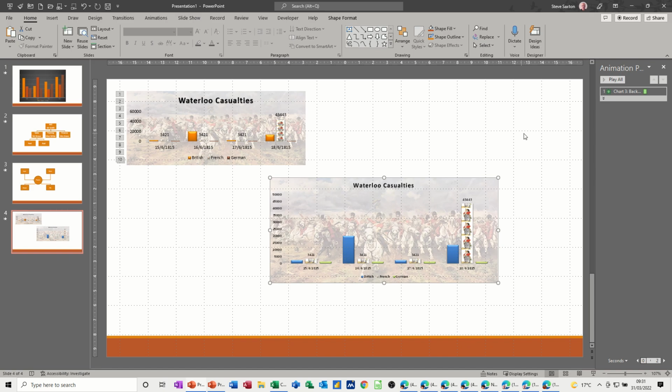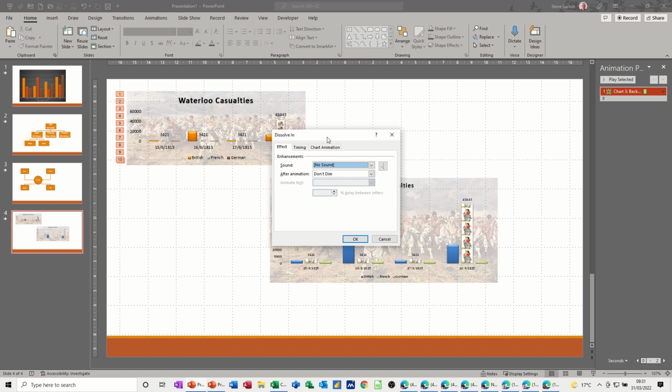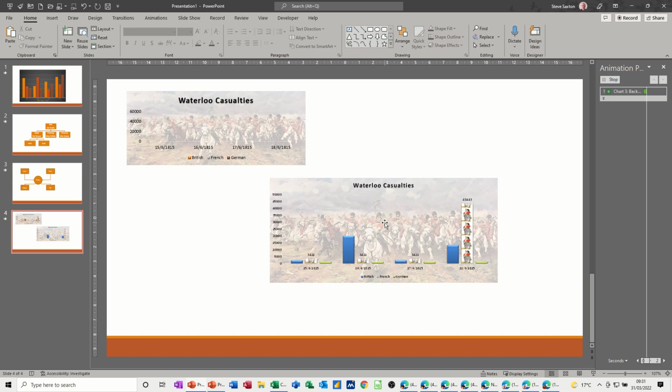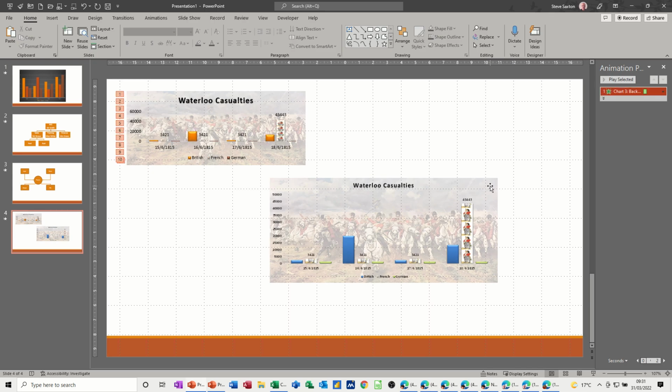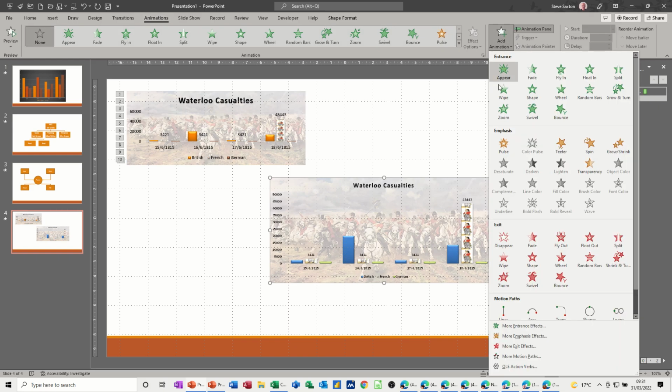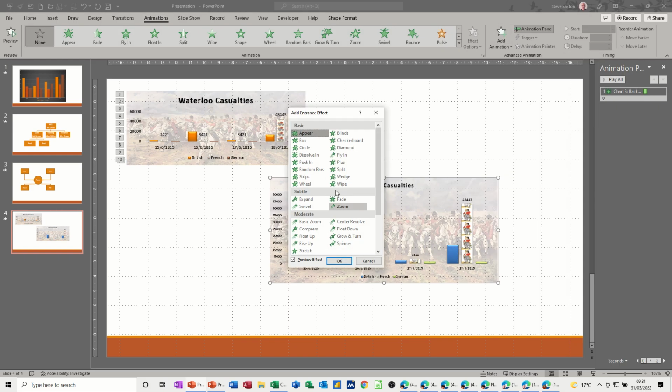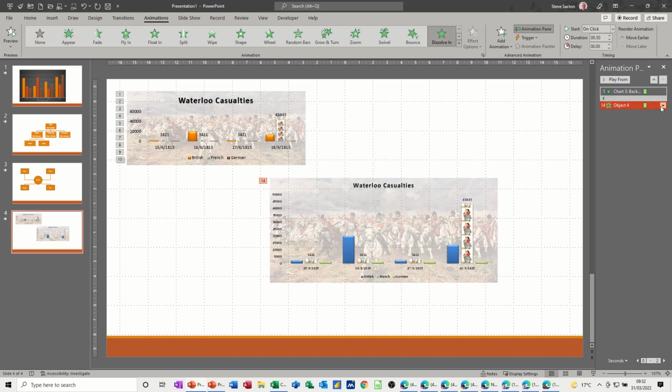Now let's go for the animation options on this one. If I add animation, in fact I've got animation there. Oh, wait a minute, click on that. Effect options. So that's for that one. Now if I add animation for this one, add animation, more, dissolve in, okay. When you go to effect options on this one,